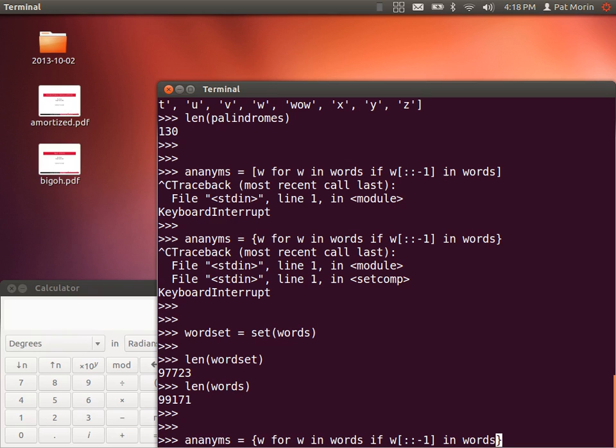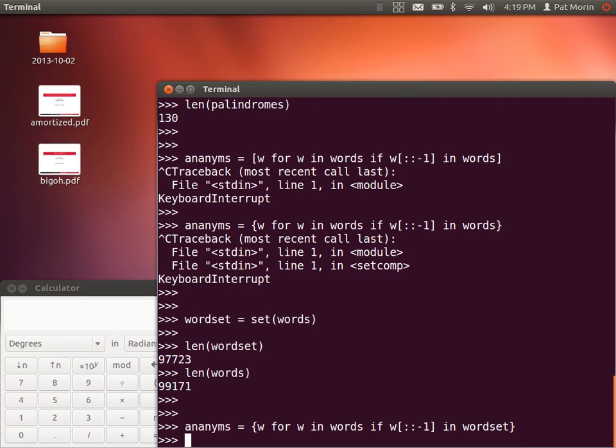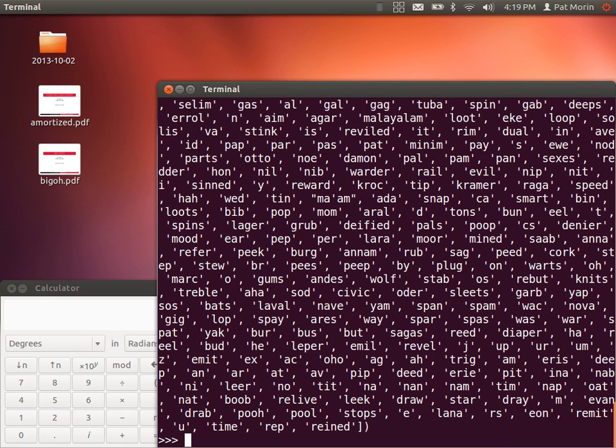So we have two places where we're using words, here and here. If I could change only one of them, which one should I change? The second one, the one on the right. The one where we're checking if the reverse is in the set of words, or the list of words in